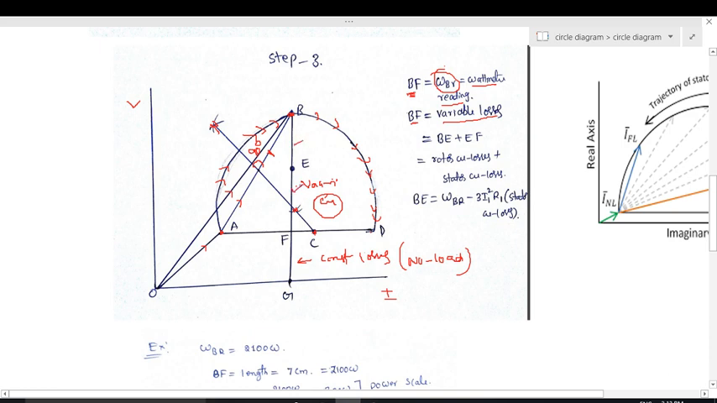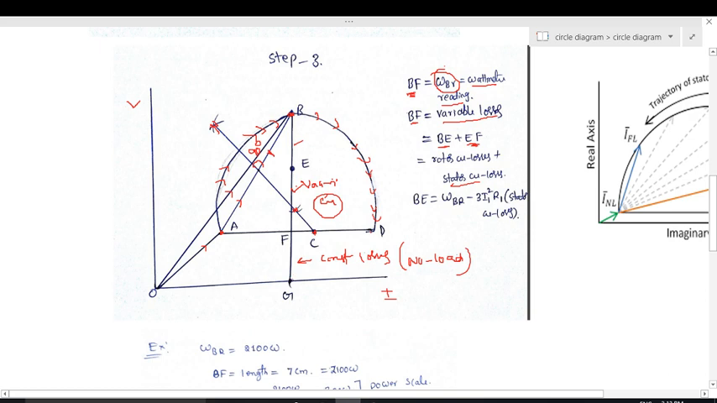This is stator copper losses. EF is the stator copper losses. B2E is the rotor copper losses, and E2F is the stator copper losses. Why should we take EF as stator copper losses? It means